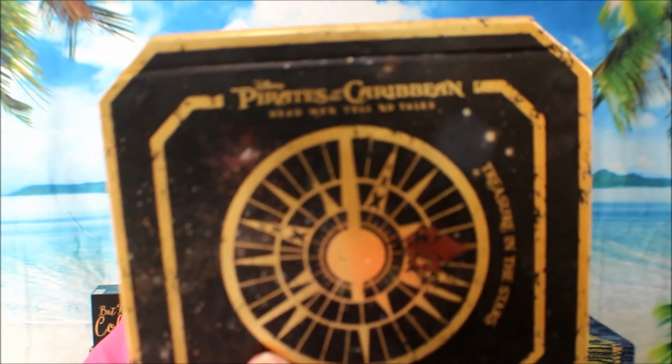And last was a total purchase I didn't even want. I don't even know why I bought it. I was meandering around the store in Ulta one day. This was on clearance because the movie had been out for quite some time. It was the Pirates of the Caribbean palette. And I usually like Lorac shadows, but this one,